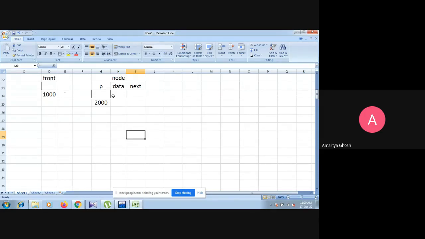Because this is the first node as well as the last node, obviously the next part will be null. And because this is the first node, the base address of the first node is always contained by the front or start pointer, that is 2000. That is why this is linked with the first node.